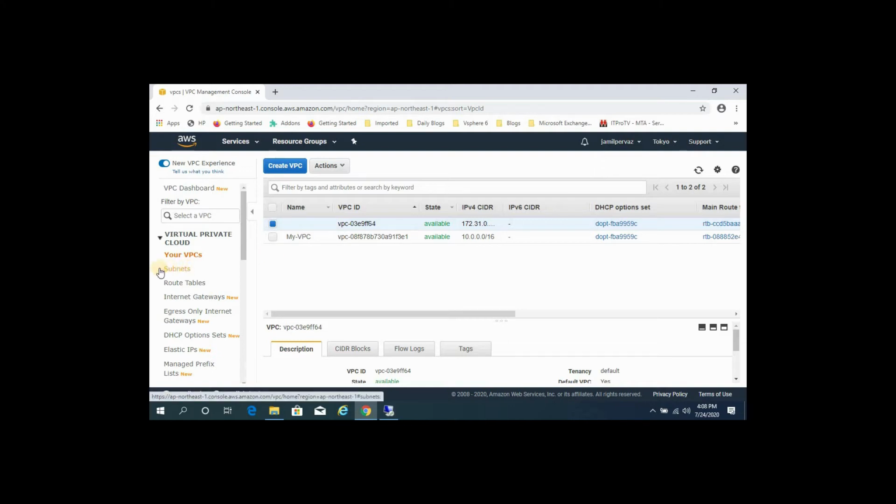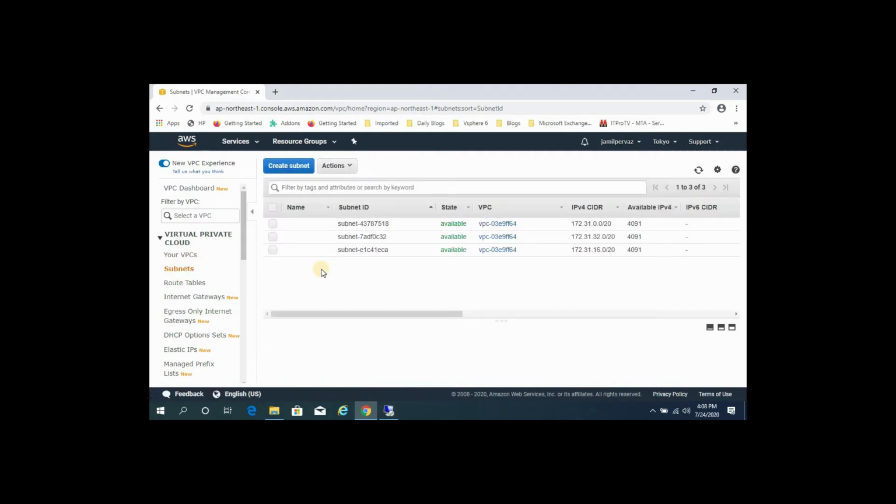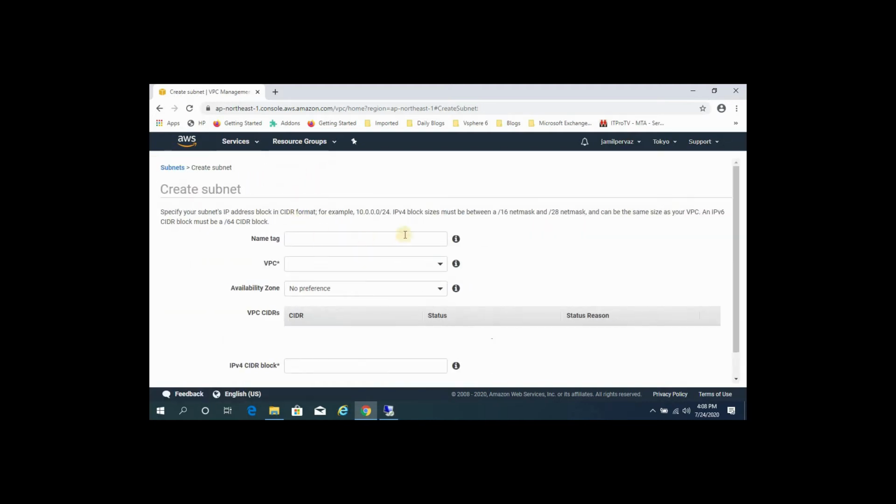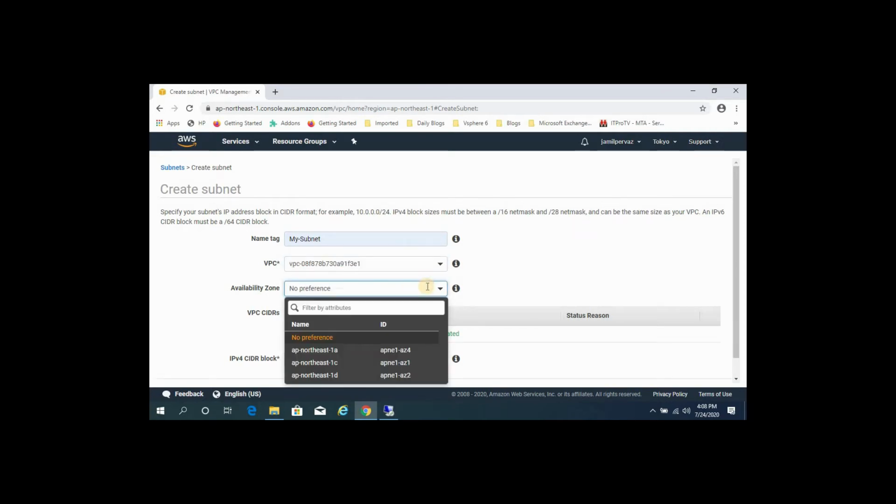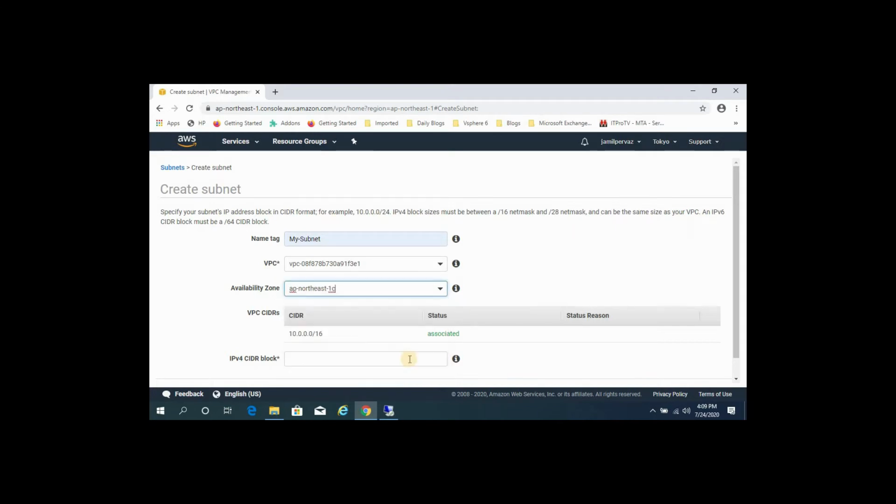The next step is to create subnets. Select Subnets, then select Create subnet. Type a name; I am typing my subnet. Select the VPC we have created. Select an availability zone or leave it as default; I am selecting AZ1.